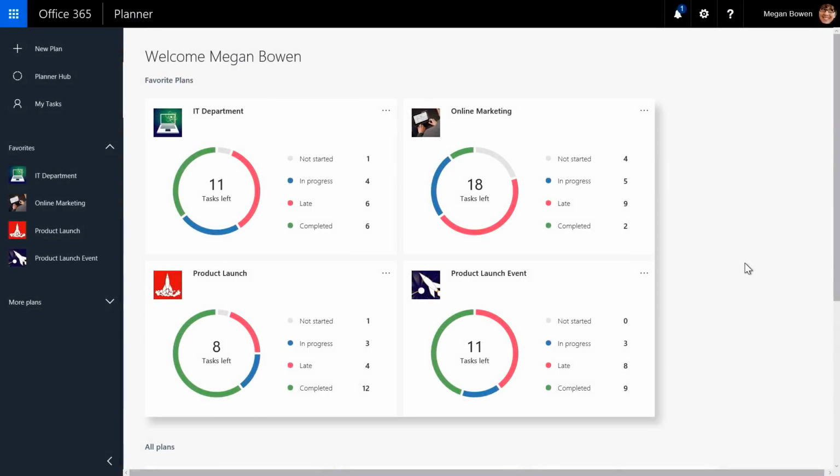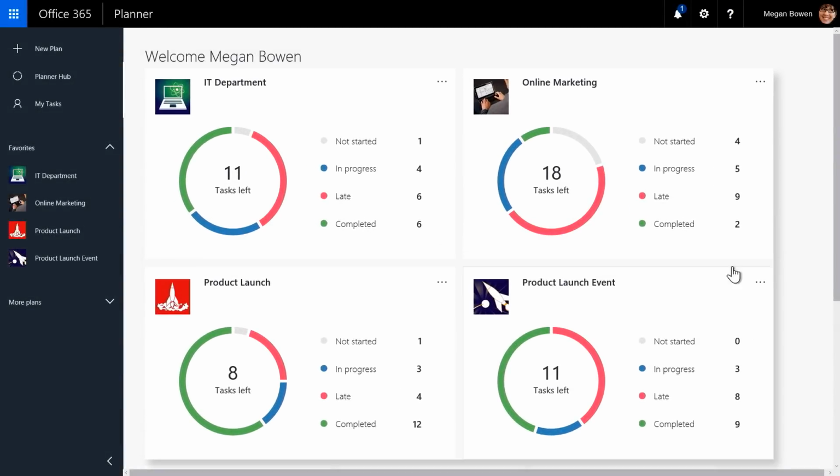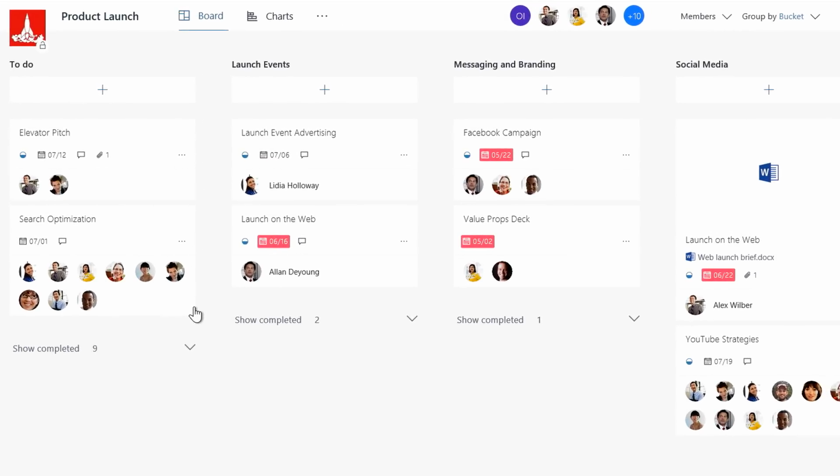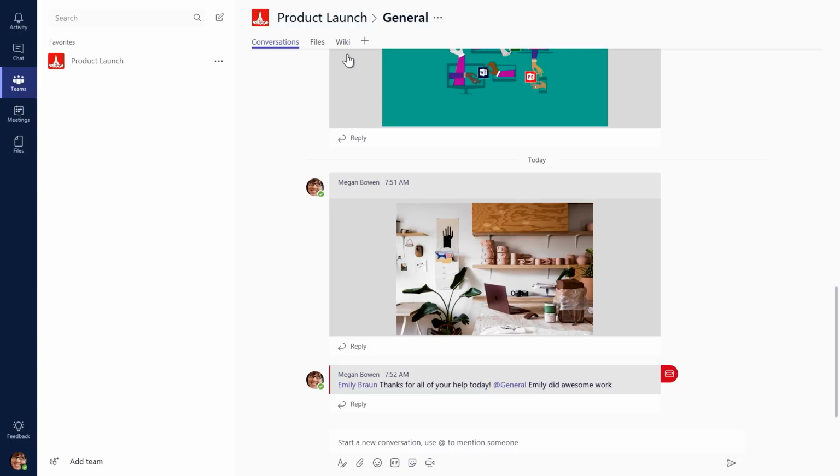Now, you've also mentioned that the team's been deepening integration with Planner into other app experiences. What's new there? Yeah, so we've been continuously improving our integration with Microsoft Teams, as you can see here. So first, I'm going to show you a plan called Product Launch. And we'll go in here, and I just want you to get a feel for the tasks that are a part of this board. And then I'll switch over to Teams,